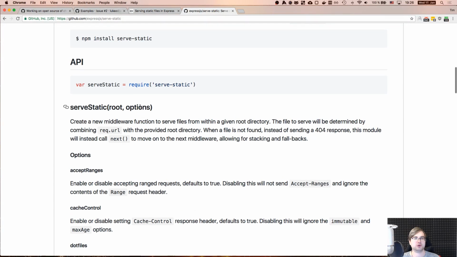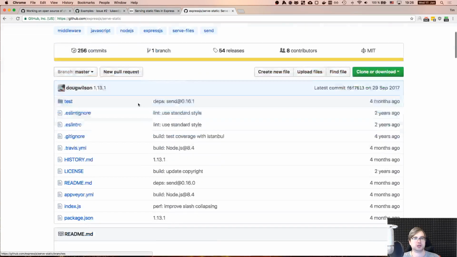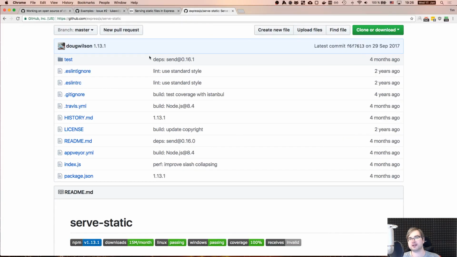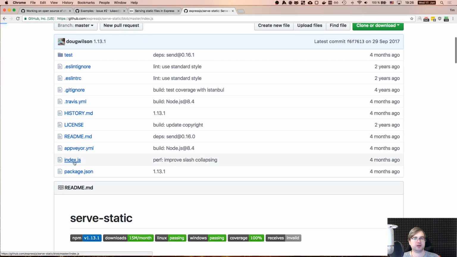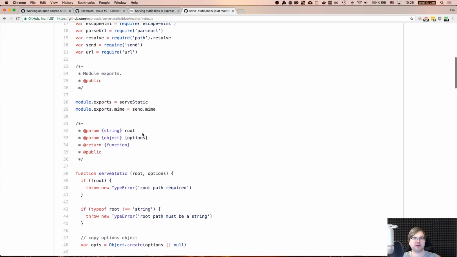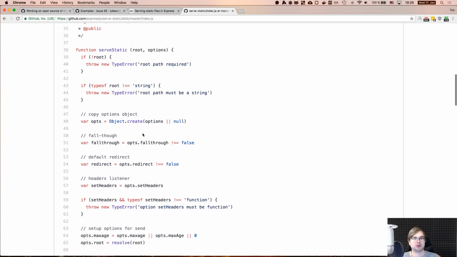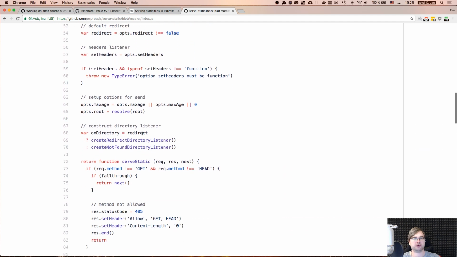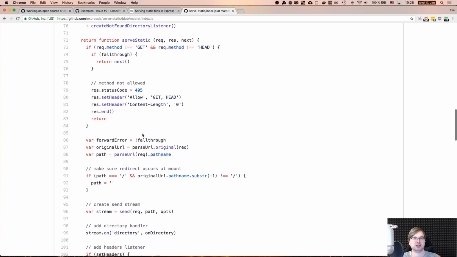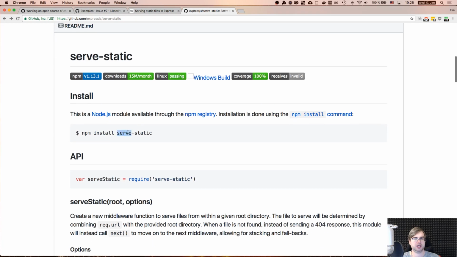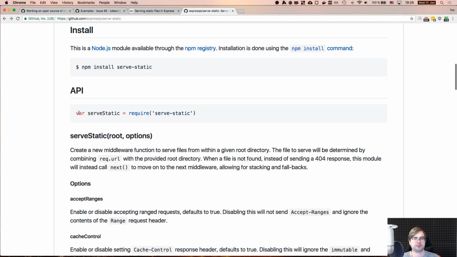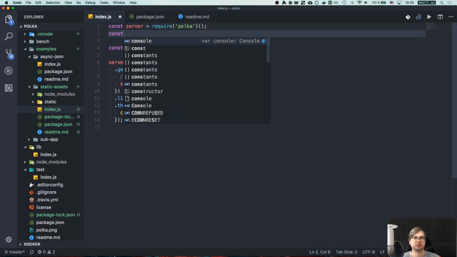So serve static root options. In this case, I mean, one case is that we can just use this middleware and say, okay, you know how it works. Other case is that we can write or essentially copy or make a simplified version our own. So if not root, so create this, fall through, set headers. There's a lot of stuff going on with headers and caching, right? So I mean, we might as well try. So we can just say, yeah, npm install serve static, right? In theory, we just do this,